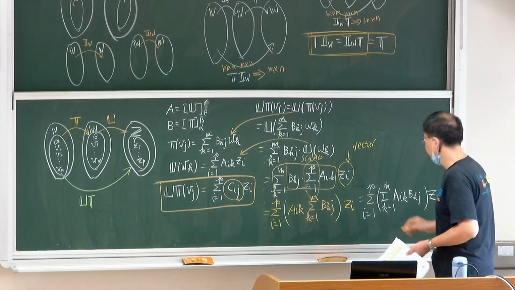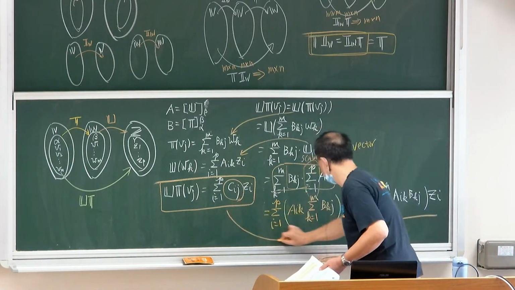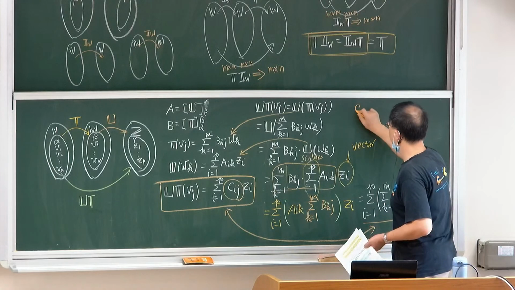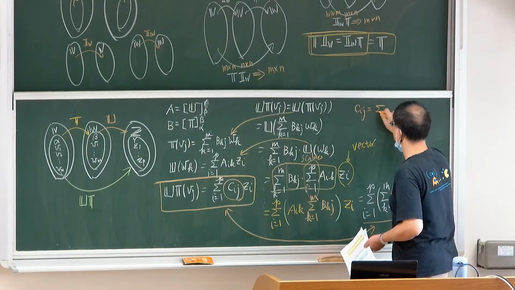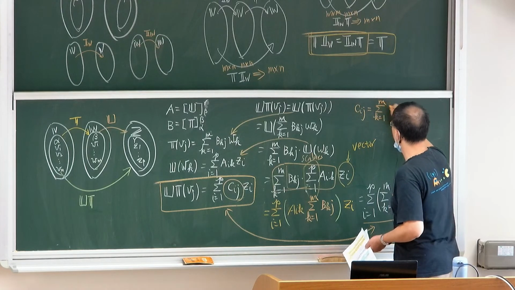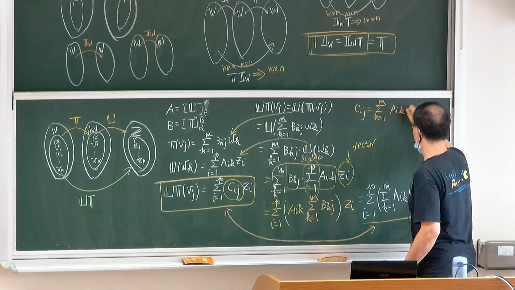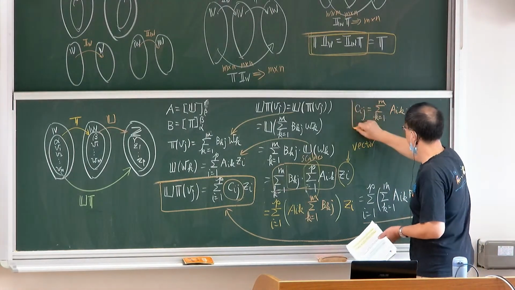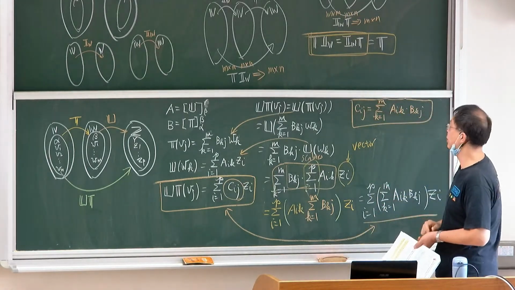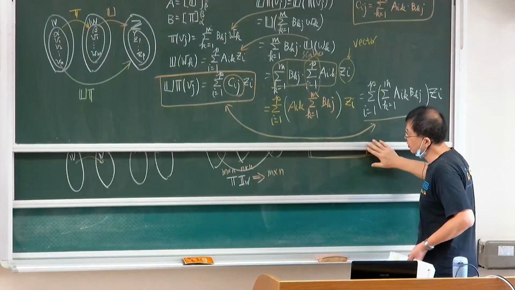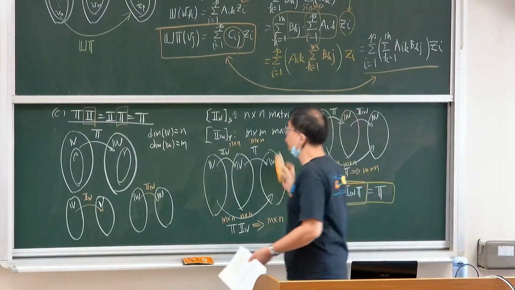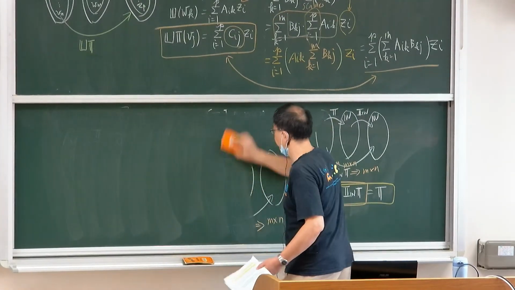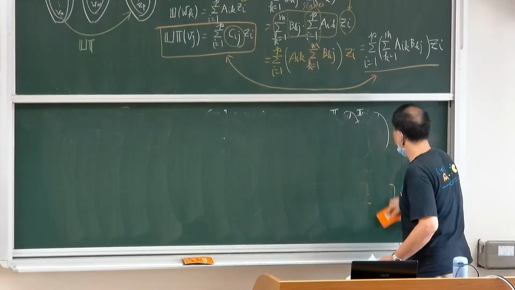So compare this form with this form. We can find the coefficients here. Cij equals summation K equals 1 to M, AIK times BKJ. Okay, so we get this result. What does this mean? Okay, after the composition of linear transformations, we can express